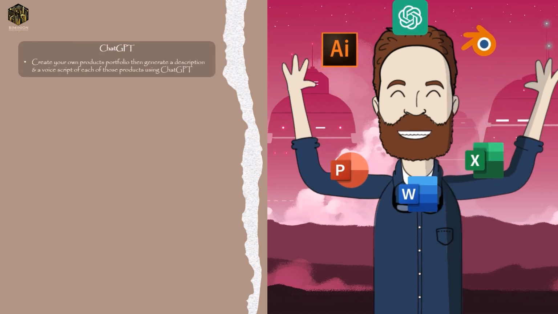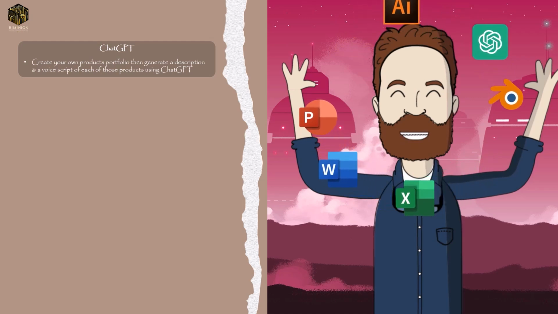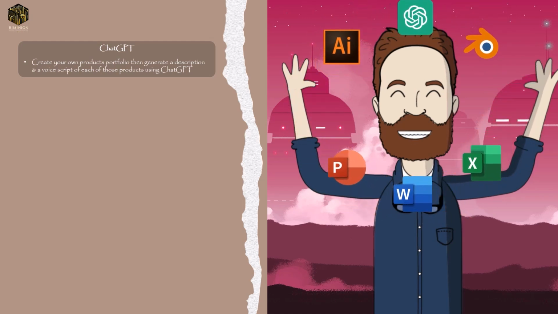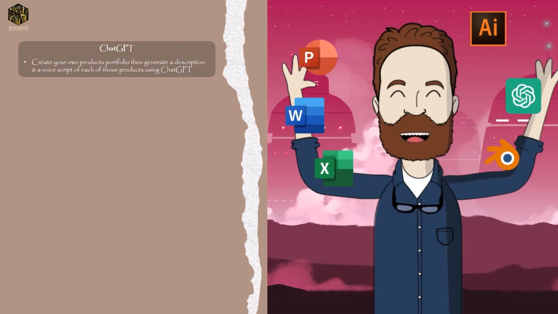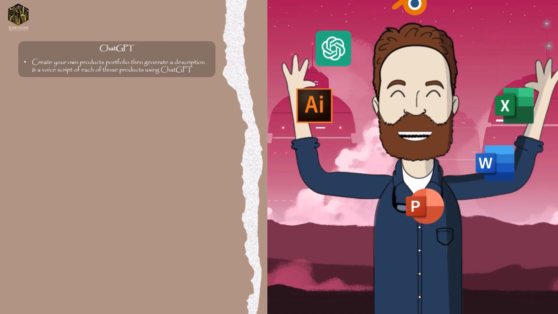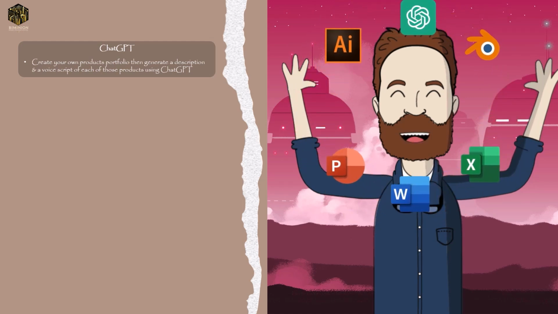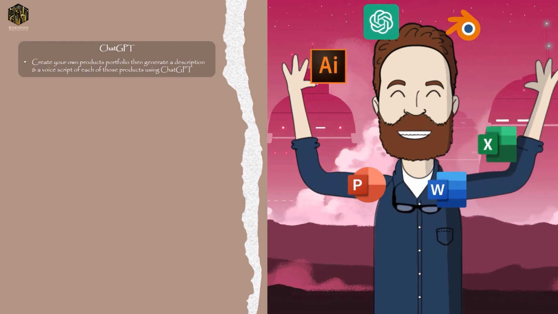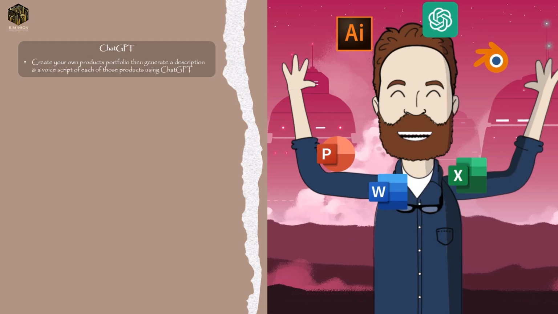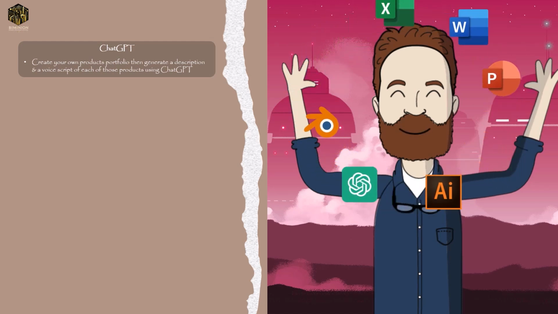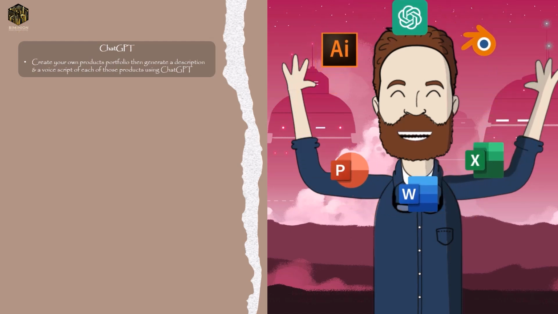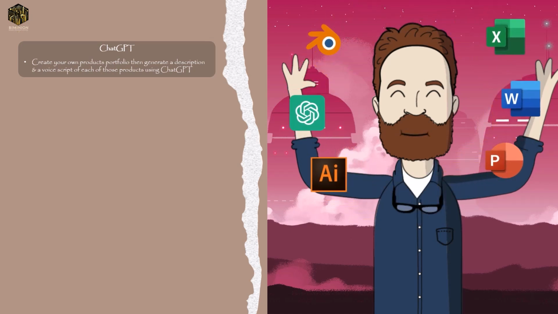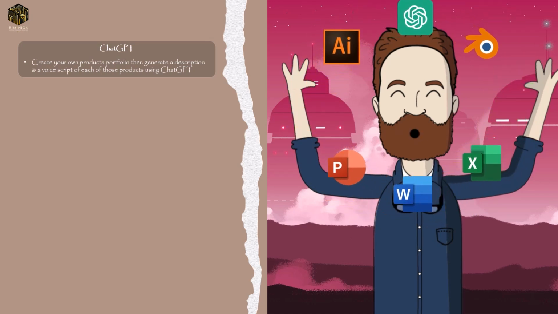Start by creating your own product portfolio using ChatGPT. As of this recording, the free version still offers daily limited access to image generation, though this may change in the future. To give you more flexibility, I'll also show you an alternative free version of ChatGPT that's integrated directly into the Bing browser. This version currently supports image generation too, but just like the main version, this feature might also be subject to change over time.